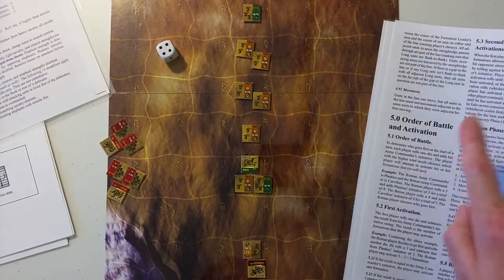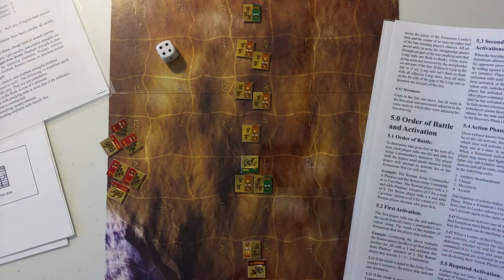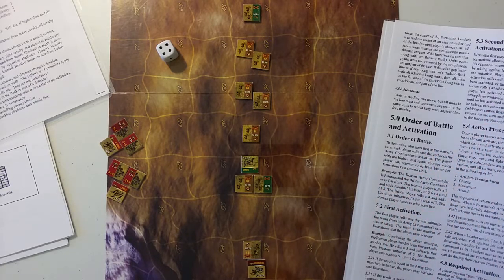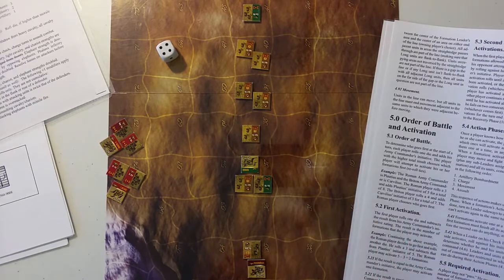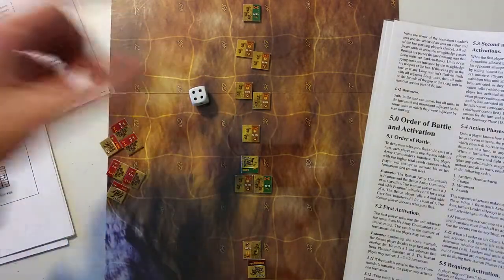5.0 in the rules is order of battle and activation. By the way, when I first looked over these rules, I was being thrown off by order of battle. It's really order of activation. It's not order of battle as in a listing of your forces. So it's order of battle and activation. Okay, 5.2 first activation says the first player rolls 1 die and subtracts the result, 4,